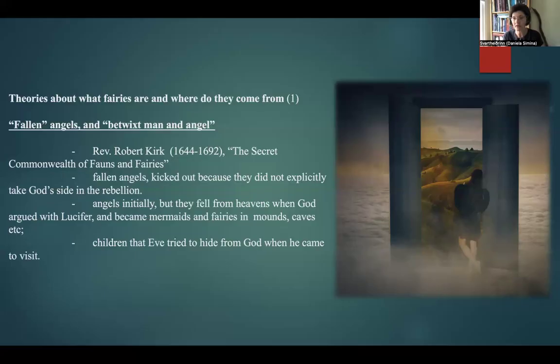So God comes in and asks Eve, according to the story, are these all the children that you have, Eve? And Eve says, yes, these are all the children that I have. And God, because he's God and he knows everything, says, well, the ones who are hidden shall remain hidden, and they will be the hidden people. And they became the fairies basically. So they're like human; that's the betwixt man and angel. They're human, they're Eve's children, but at the same time God wills them to remain hidden and become this hidden people, the fairies. So their nature changes towards fairy.